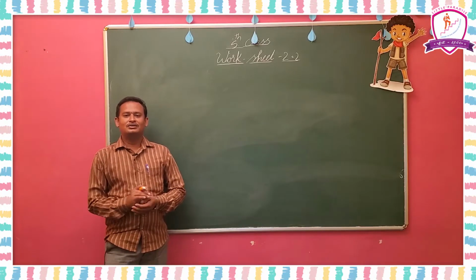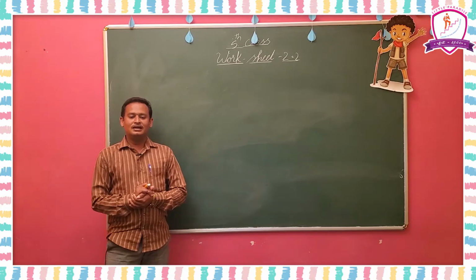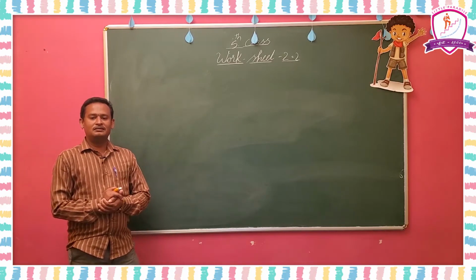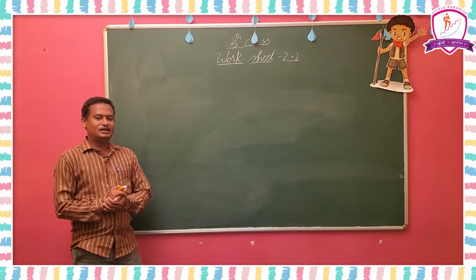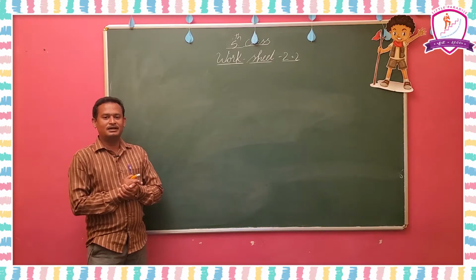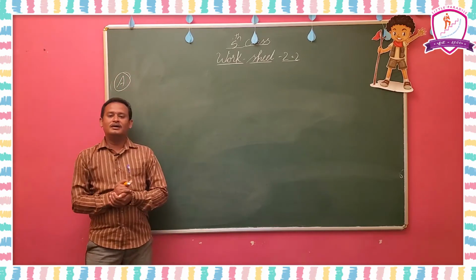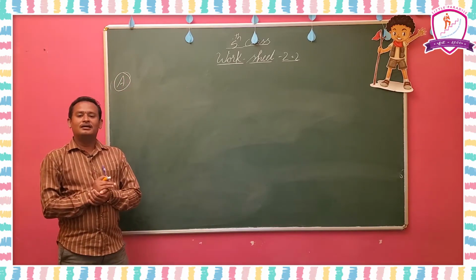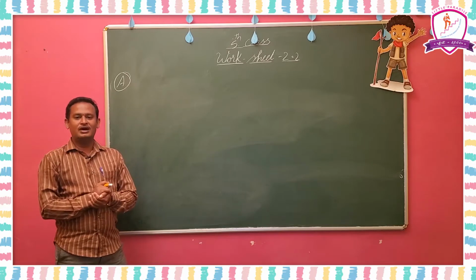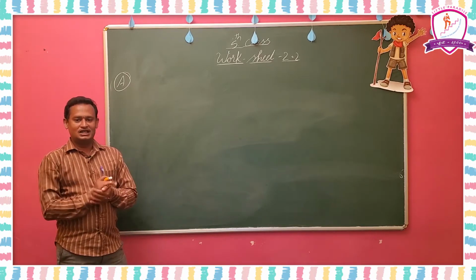So, hi students, today we are going to discuss the worksheet 2.2 on page number 10. Observe page number 10 in your application book. All of you open that application book and see the question number A Roman that we are going to discuss here. What is A Roman? Write the following numbers in expanded form. You have to write the given numbers in expanded form.